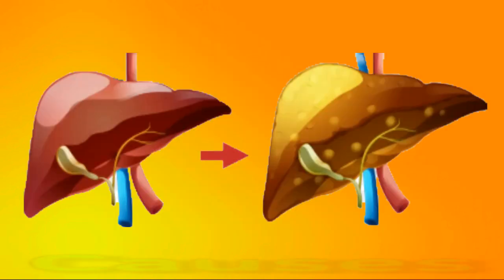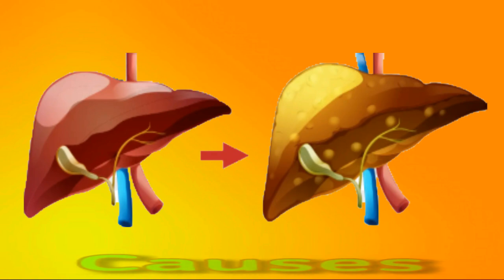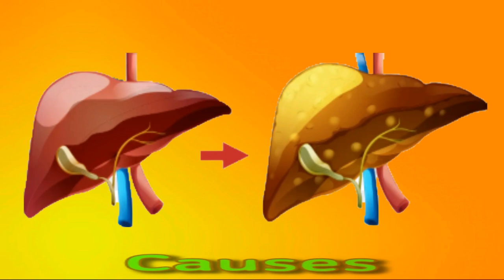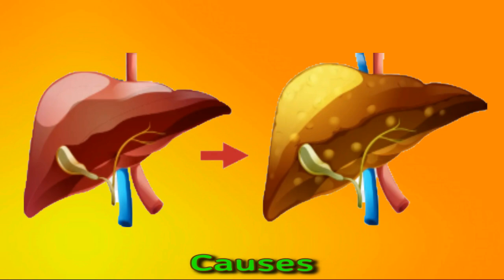Causes: cirrhosis is the most common cause of portal hypertension. Cirrhosis is a type of liver disease in which scar tissue replaces healthy liver tissue. This scar tissue can block the blood flow and increase the blood pressure inside the portal vein. A person can develop cirrhosis as a result of alcohol use disorder, non-alcoholic fatty liver disease, chronic hepatitis infections, autoimmune diseases of the liver such as primary